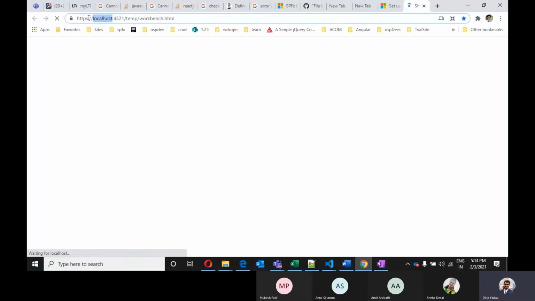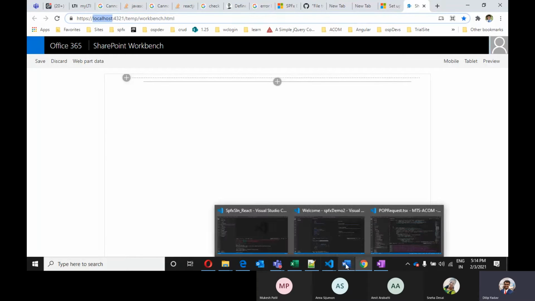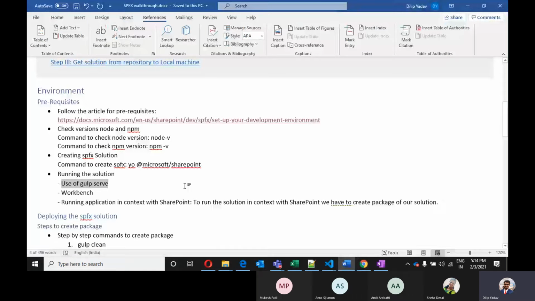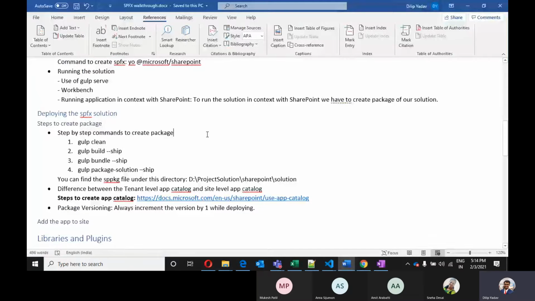We do not need this since we want to run our application in the SharePoint context. To be able to run this in the SharePoint context, we have to follow some process. For that purpose, we have to create the SPFx package. There are basically 3 to 4 steps we have to follow to deploy our package to the SharePoint site.